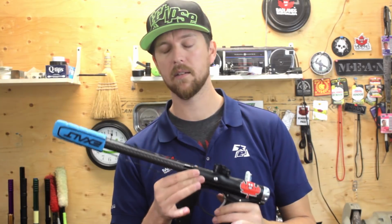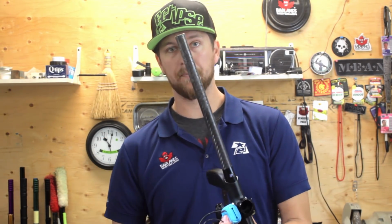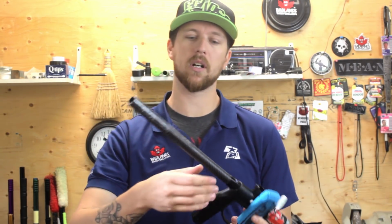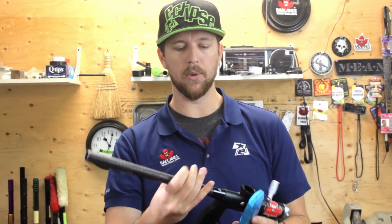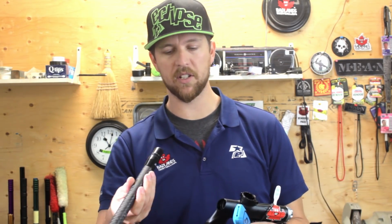Another one is your barrel threads, because stuff just finds its way into places. One thing Chris did get dirty was his barrel. So he's got dirt and paint in his porting here, and he's got a fair bit of junk on the end. So what I would do is just head to the sink or the same wash basin you did your pants in,